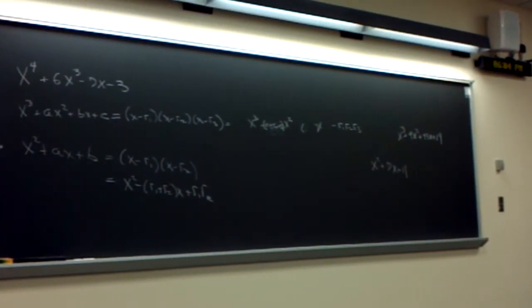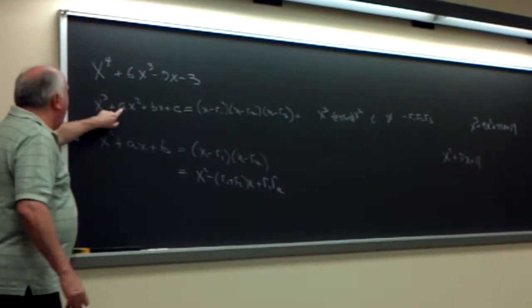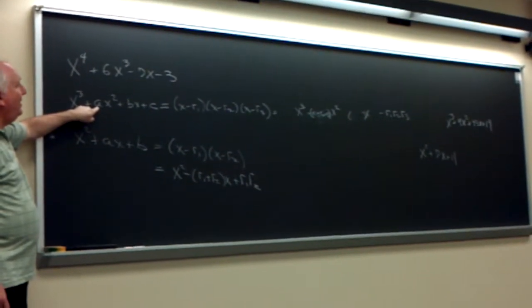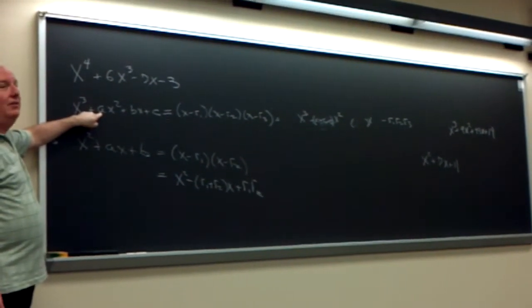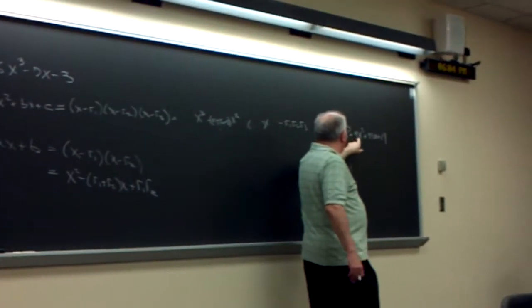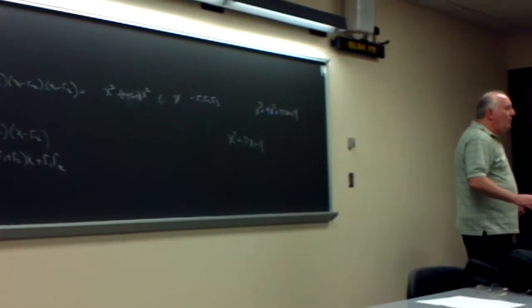Okay. So, in which case, how does a compare to the sum of the roots? a is the negative of the sum of the roots. So for this thing, the sum of the roots would be negative 9. So hopefully we're beginning to see